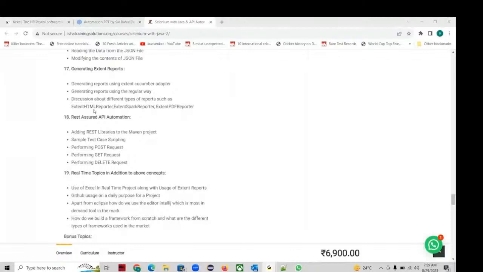So will you cover what are the different frameworks available? That one also is in the curriculum. Yes, yes. If you see the last point,